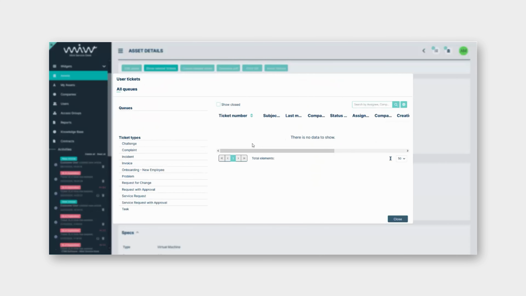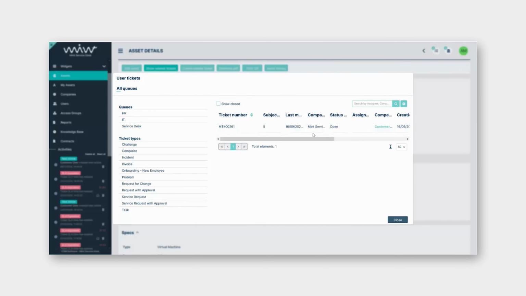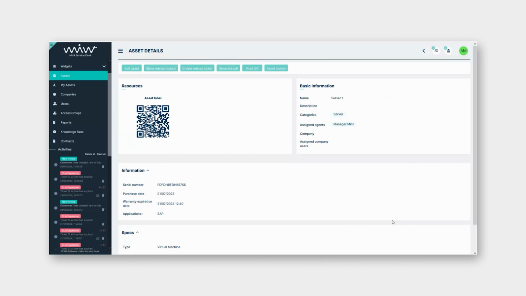So for that, as you can see, we have here the option show related assets and then related tickets. So in this, I can say that, okay, this ticket, this request for change is related, or this one was the trigger for the change of this asset. So this is great for IT managers, ITSM managers, to track the service, the change request that was related